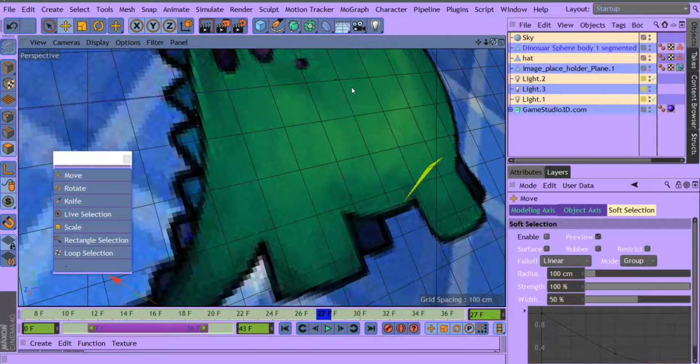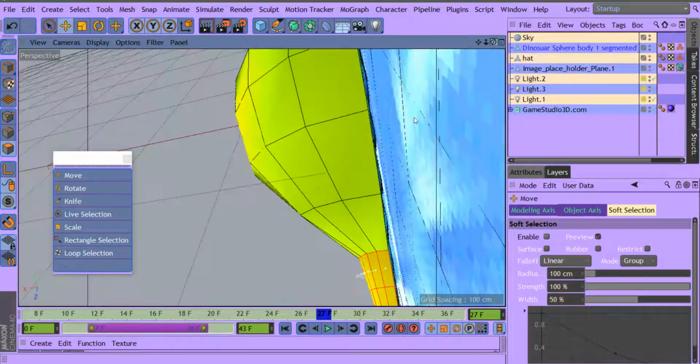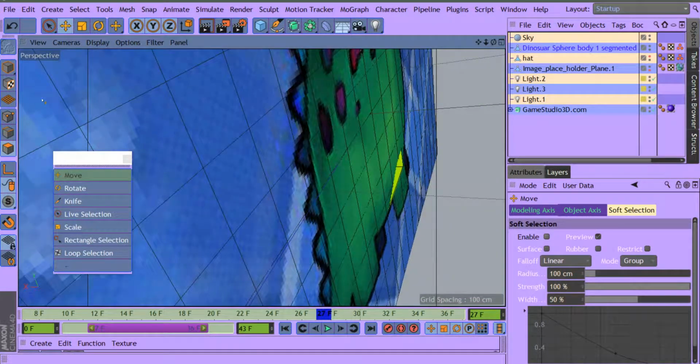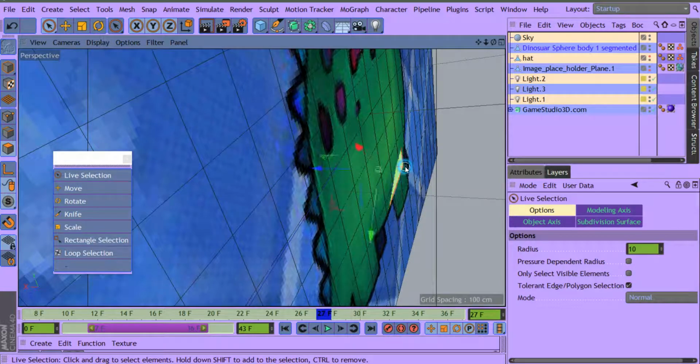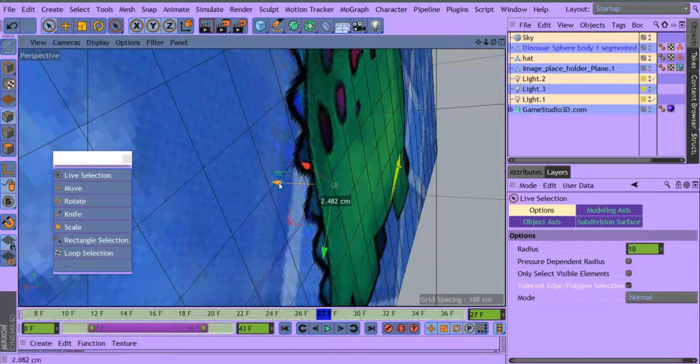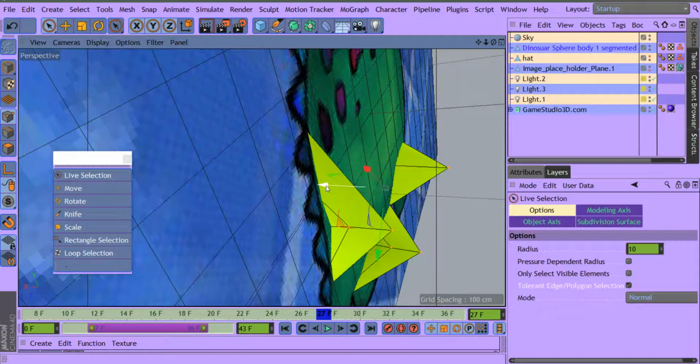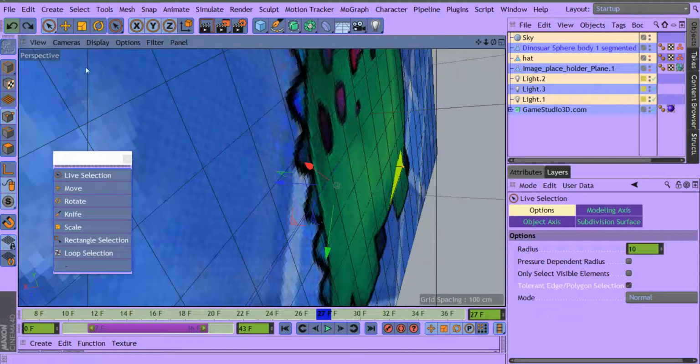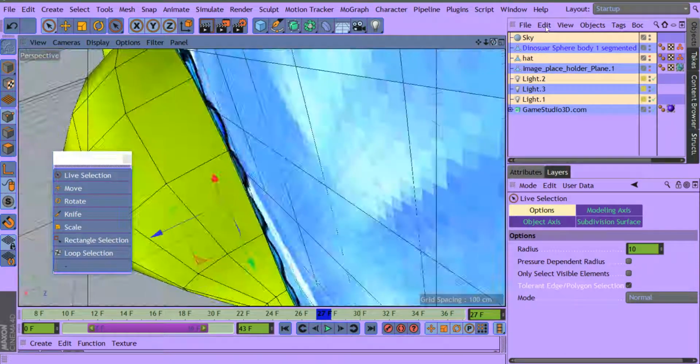Just getting room to work on his leg. Gonna select this over here though and get that. Gonna get a point mode, gonna get that point, and then I'm gonna pull it in right here on this. Oh, wow, how did I get all those selected? So, undo, and I'm just gonna click off, and then click again. There, that was right on the blue Z axis,